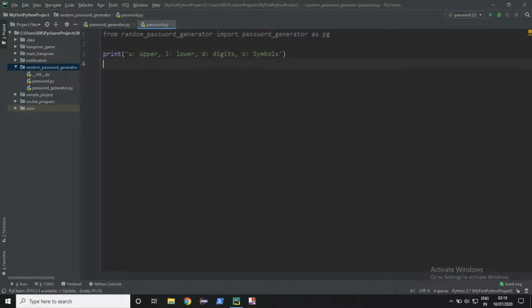Now the user can even enter a combination of all these, that is UL for upper and lower both, and so on for lower, digits and symbols.